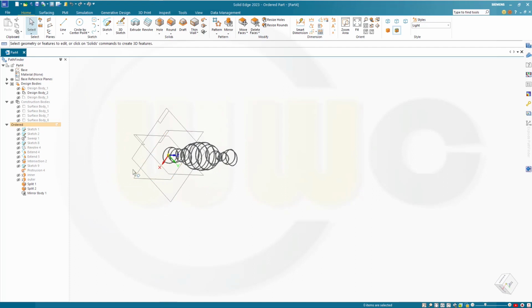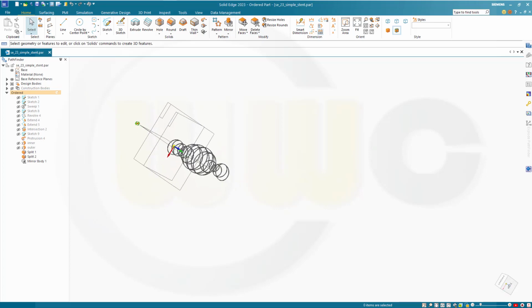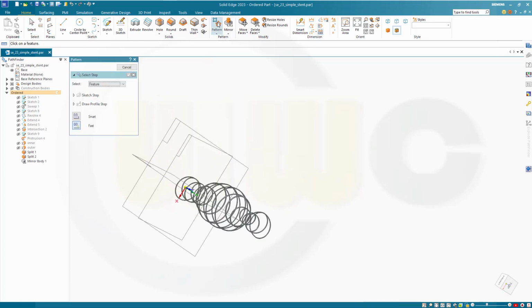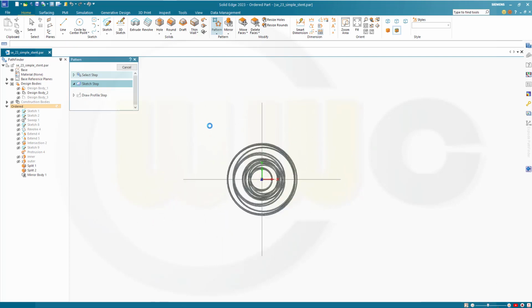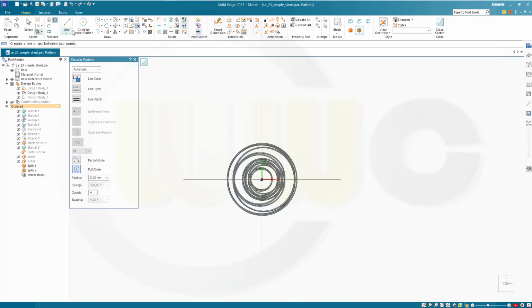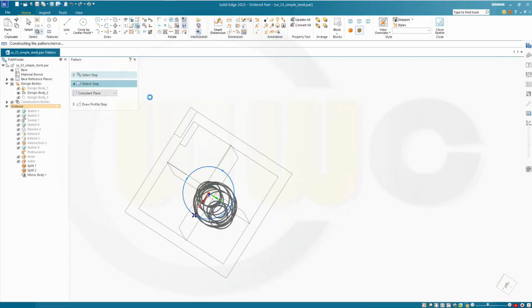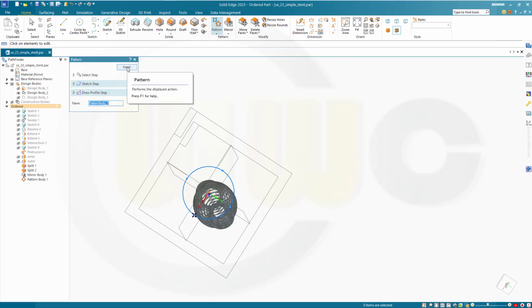And now a circular pattern. Okay, let's go for that pattern here. I want to pattern the body, this body, and I need a sketch on this plane here. And let's go for circle pattern, yes, and I need a circle, maybe like that. In that direction, and let's go just for 4 instances, because it will really take a while to calculate. Okay, so let's finish,